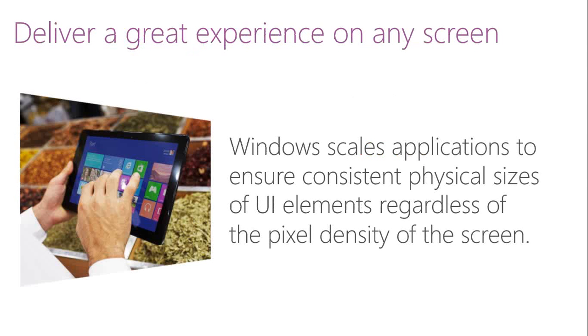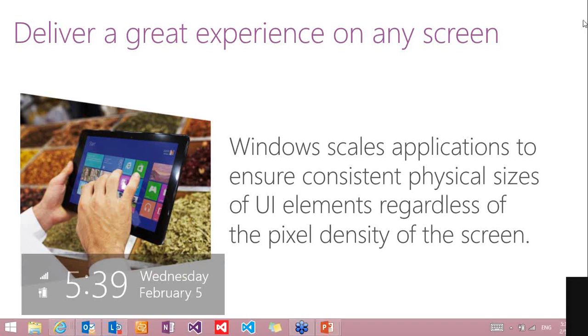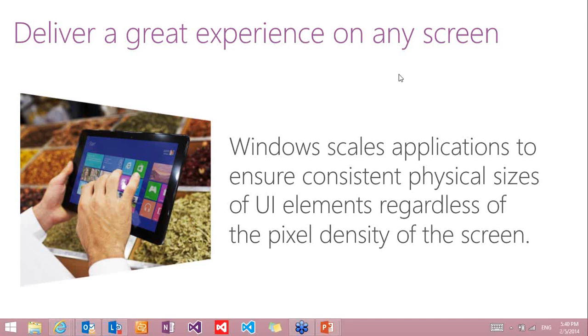And same thing in CSS. You can use the orientation as portrait and then leverage that. So that's what we mean. You can design Windows 8 applications for any size and any screen, to ensure that you're giving a well-crafted, great experience on any screen, regardless of the pixel density of the screen. And how are you going to do that? Here's an example. The operating system scales the application for you across the whole form factor. Right. Now how can you do that?